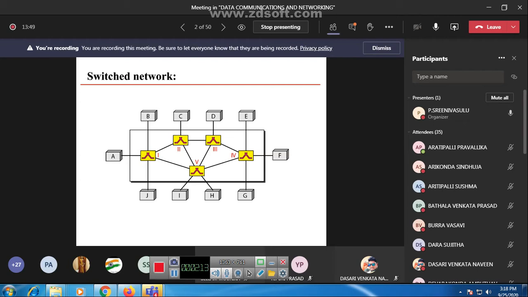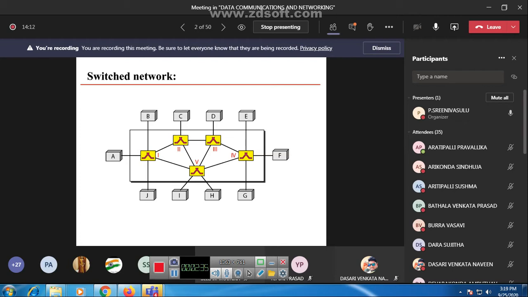The communication elements are whatever electronic devices we use to send information from one place to another, whether a mobile phone, a laptop, a system, or any device. We can call it a communication element.